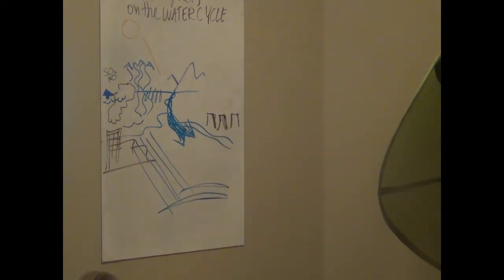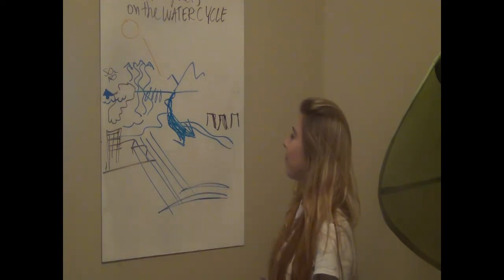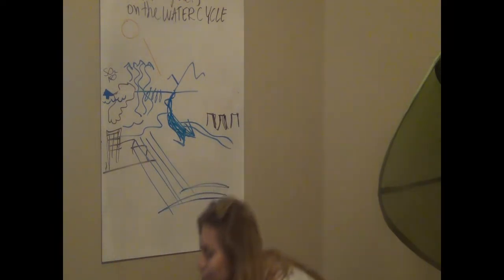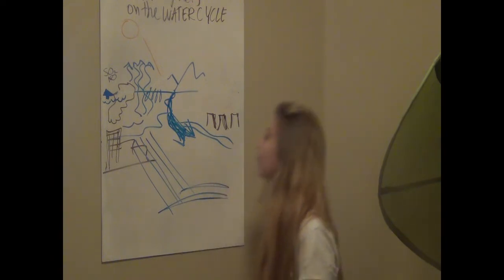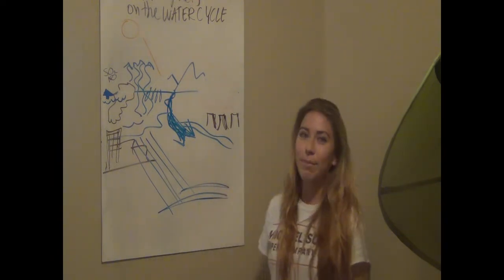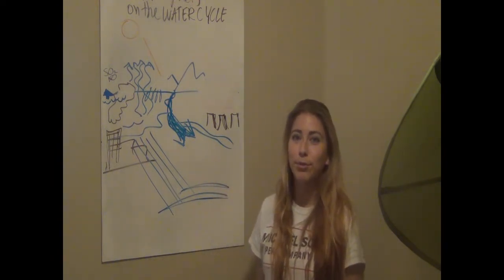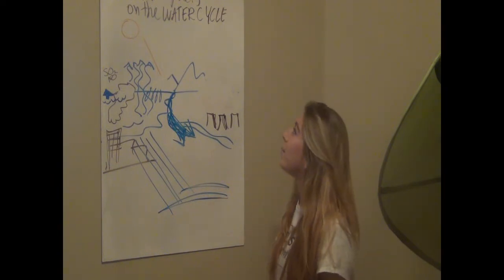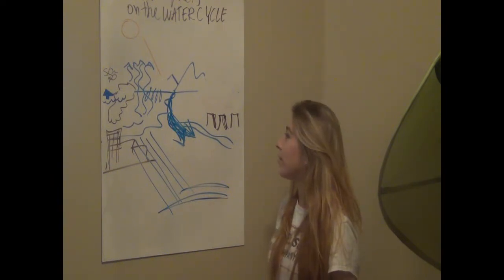Droughts. Let's see. Oh yes, so droughts that are man-made. Man-made droughts cause forests and other plant life to dry up and die, which then makes them more susceptible to fires. And that's yet another impact of ours on the water cycle.